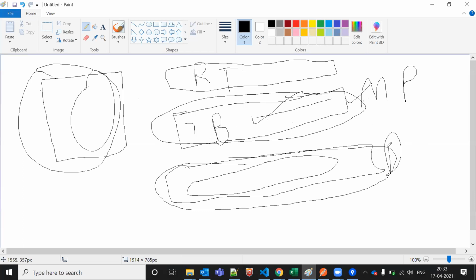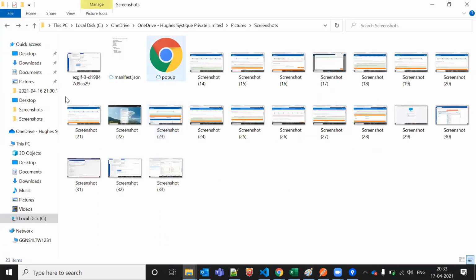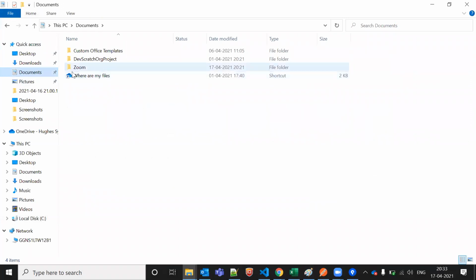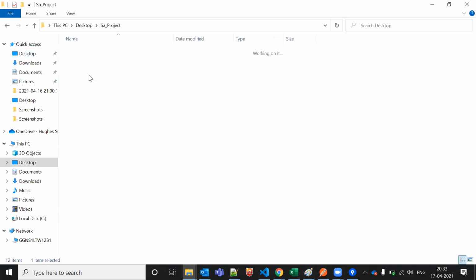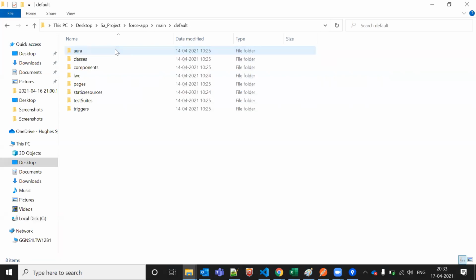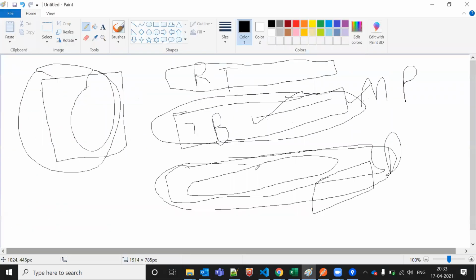Okay, so now what do we have to do? We need to take a backup from this dummy branch. For the backup, we need to take a checkout. Whatever checkout there is, everything will be stored in our local folder, in the local repository. Let's say this is my local, and these are my Apex classes. Everything is coming from there only.